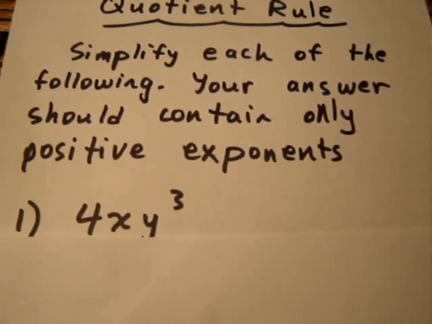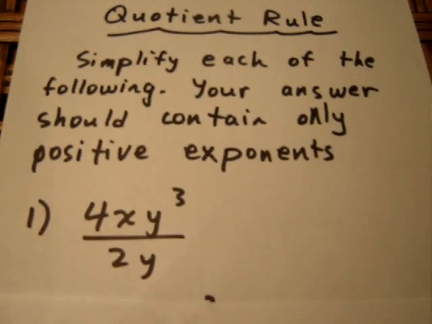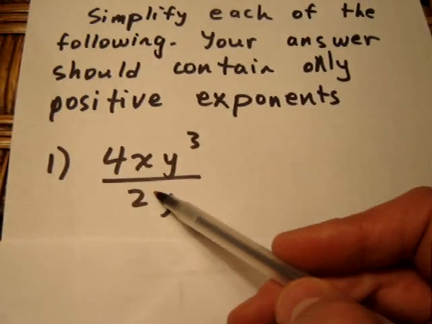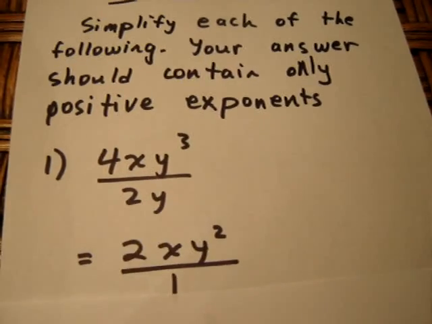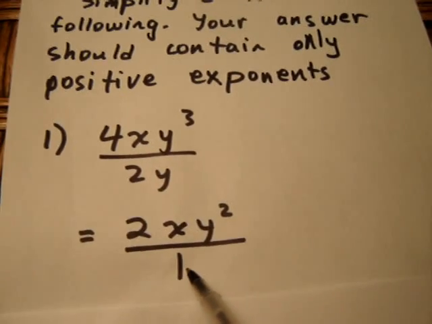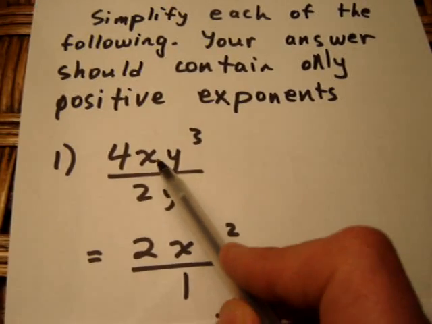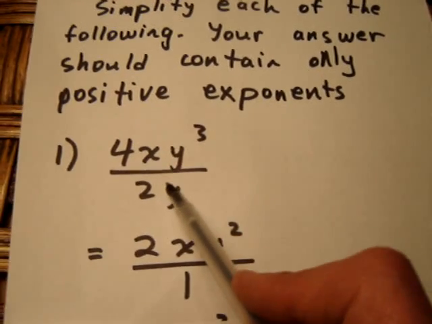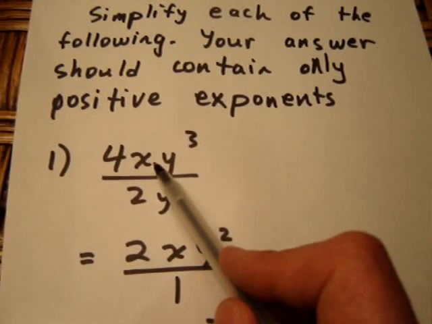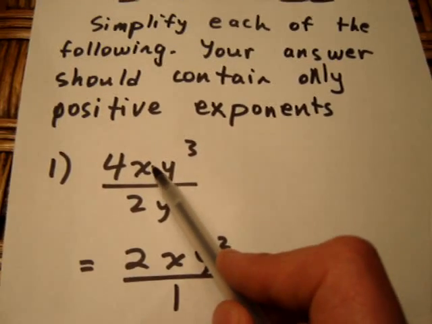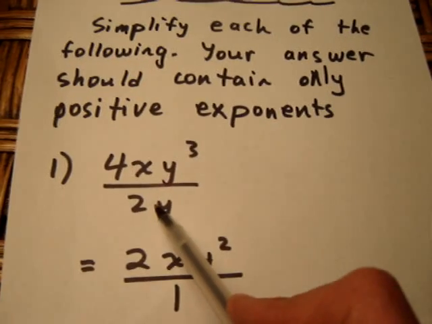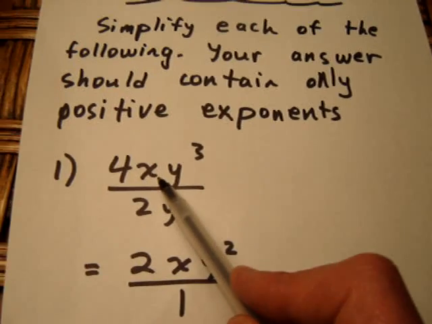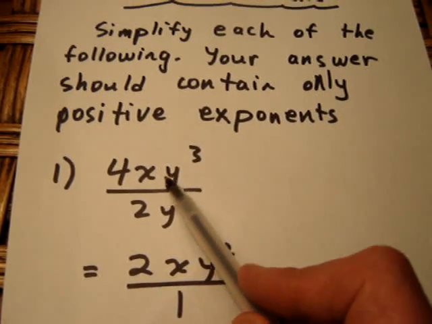We have 4xy cubed over 2y. Well, what we do is we divide the coefficients. 4 divided by 2 is the same as 2 divided by 1. And then we subtract the exponents on the like bases. X to the 1 and x to the 0. Well, we know that we're going to have x terms in the numerator because x to the 1 has one more factor than x to the 0. So our x factors will be in the numerator, and we will have one of them